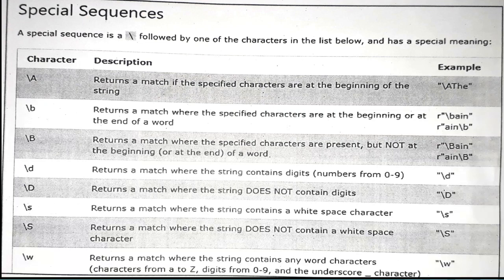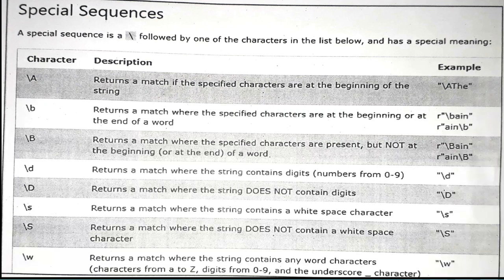Then we have next character, that is slash b. So slash b is again for the same, that is beginning or end of the word. So you can make use of slash b like slash b an. If we are writing slash b an, so the an text or word should be at the beginning. And if we are writing within double quotes an slash b, so at the end if we are making use of slash b, it means the an should be present at the end. So it is similar to dollar only.